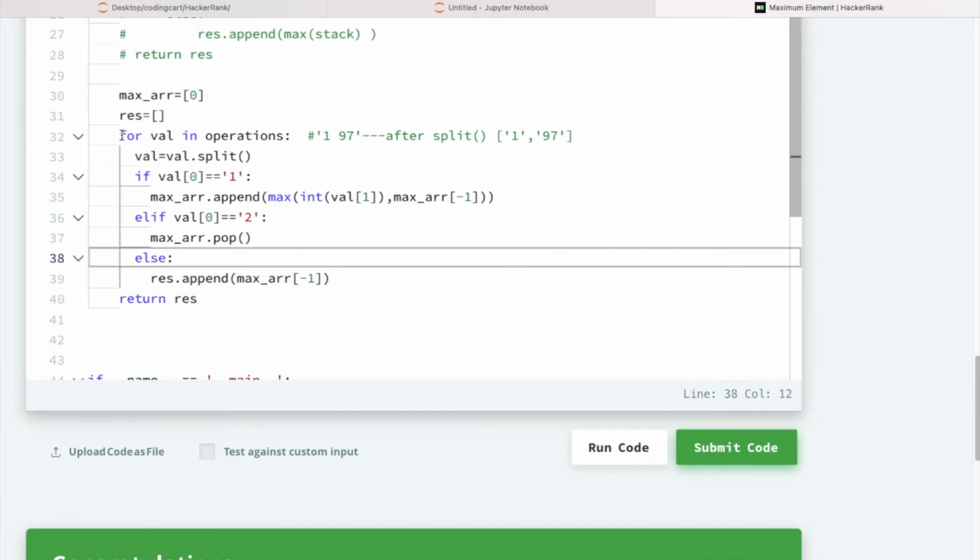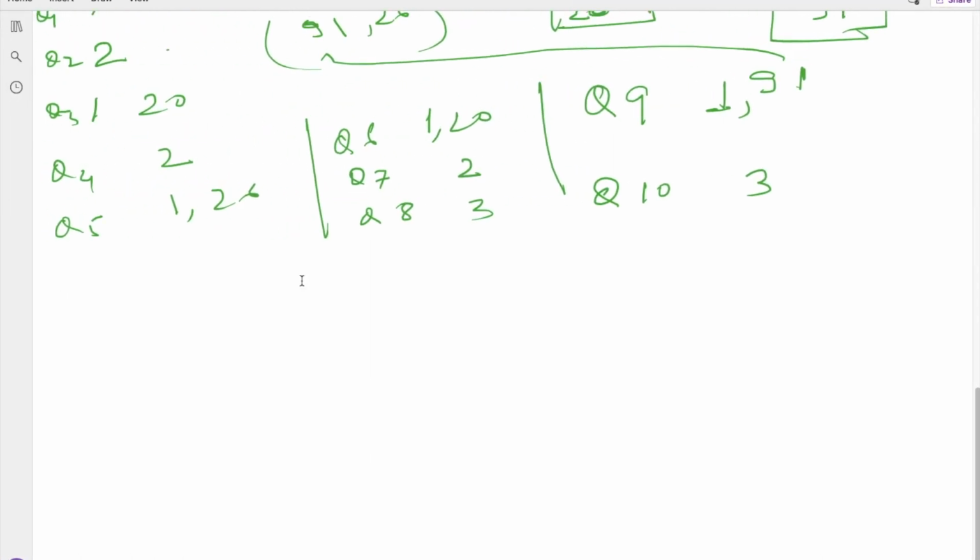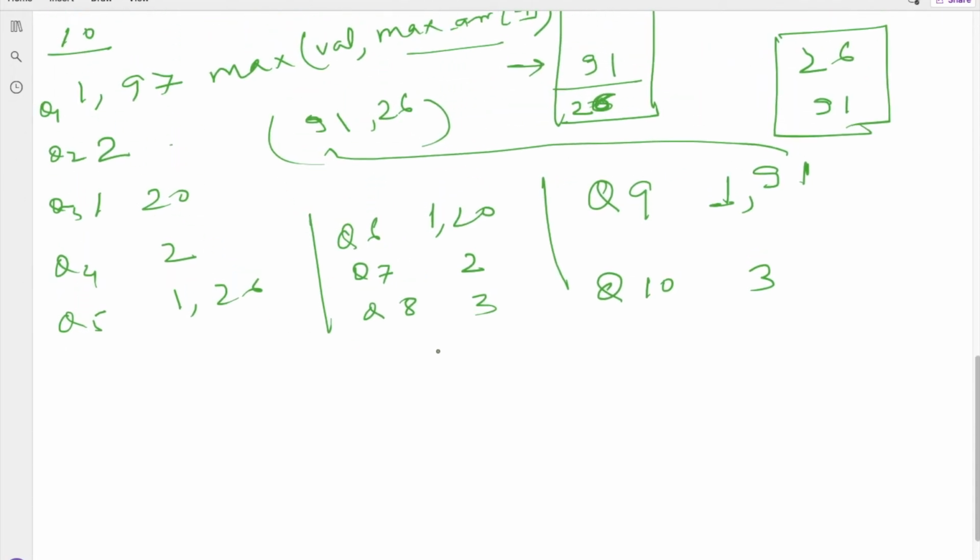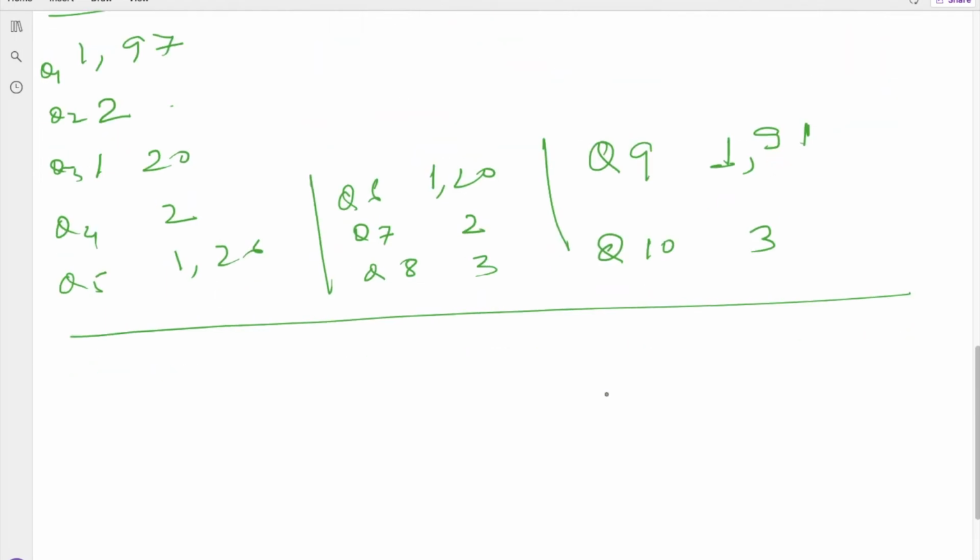Here we can also apply one more logic, let me explain. Suppose these are my 10 queries. What we will do here is take one stack, and keep one object in it.